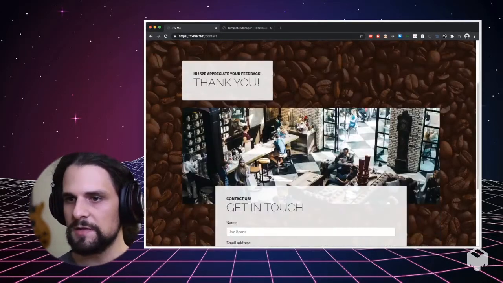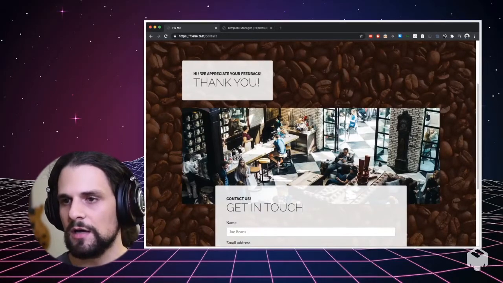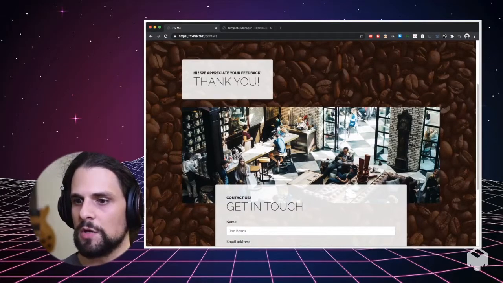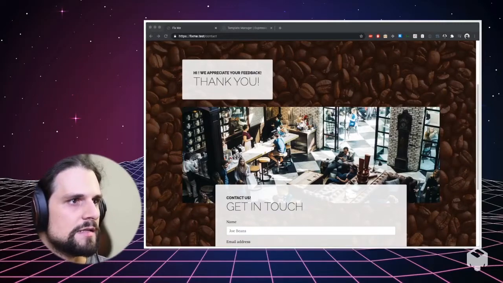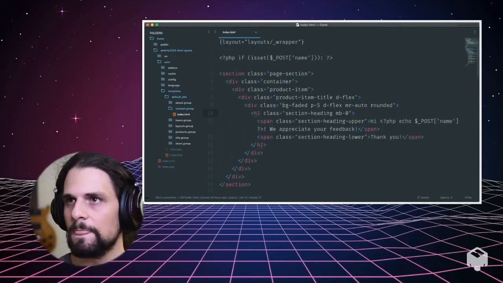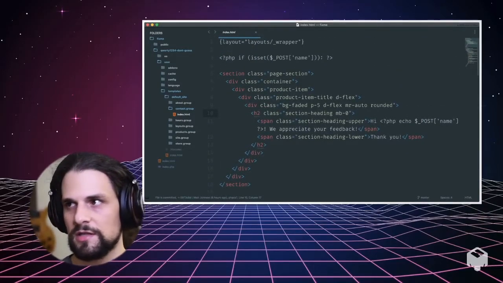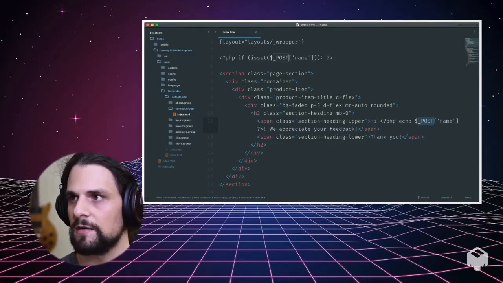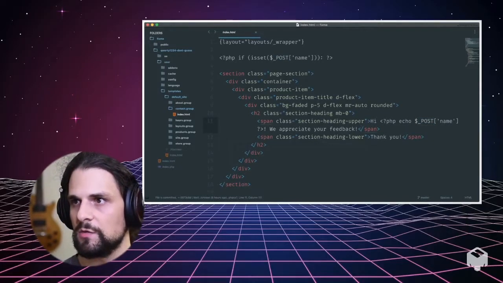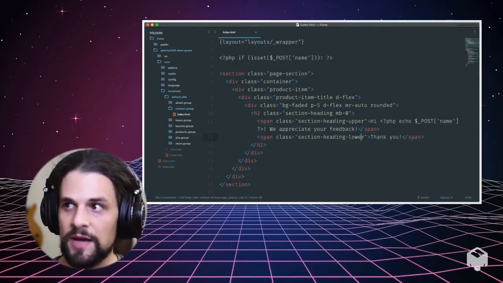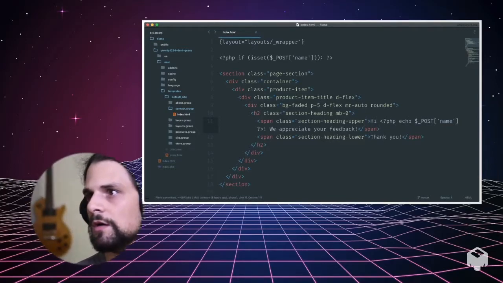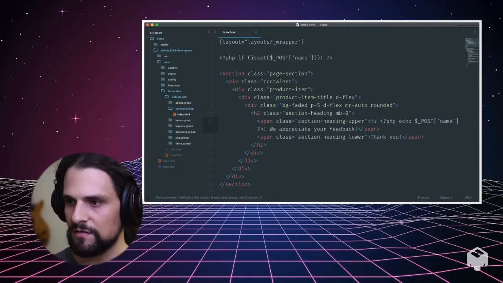And this is potentially an issue because we could get to a situation where someone else goes to that page and my code runs. So we're just going to take a look into the code right now and see if there's something we can do to fix that. And immediately, you'll probably notice we're just using the post variables here. So if is set post name, then we're going to show that little we appreciate your feedback, and then print out the name. And already this is definitely our problem,